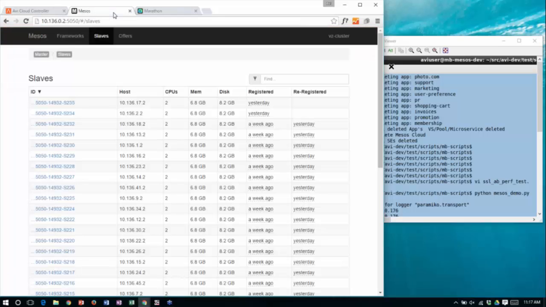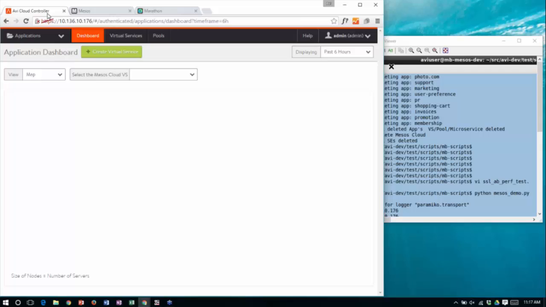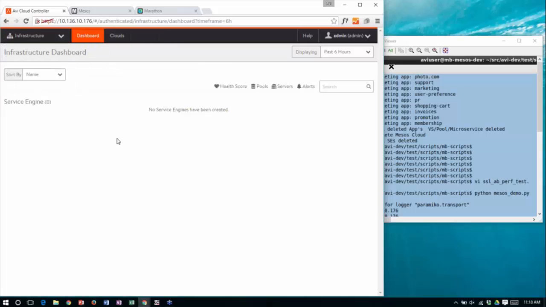And when Ranga just logged into the controller, what you saw was that we have no existing service engines. The controller is just the brain in some sense. So we'll cut over real quick, and I can see here on my dashboard I've got no applications. I can also go to my dashboard and look at the infrastructure component, and there are no service engines in my environment as well. So we'll go into real time and we'll see what happens next.